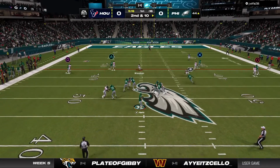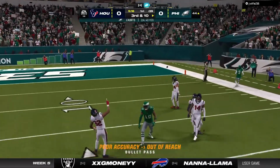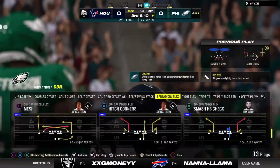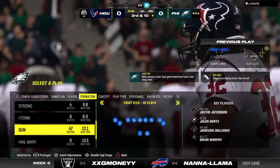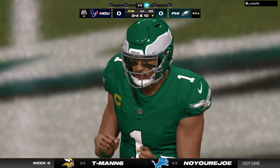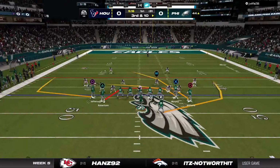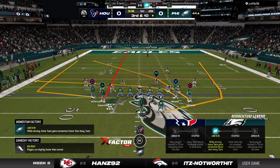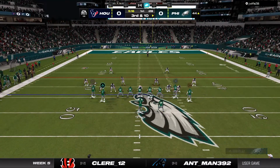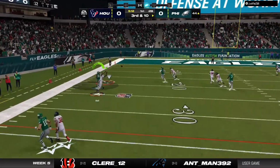Hurts sets up to throw it. Oh, and that is incomplete. He was trying to find Justin Jefferson there. And it's 3rd down. Hey, look at the defense for these Texans. They come into this one ranked number 17, so just starting the bottom half of the league against the pass. And for all the routes to keep an eye on in this one, they've got to find a way to take away the crossing routes. Those are the ones that would have...